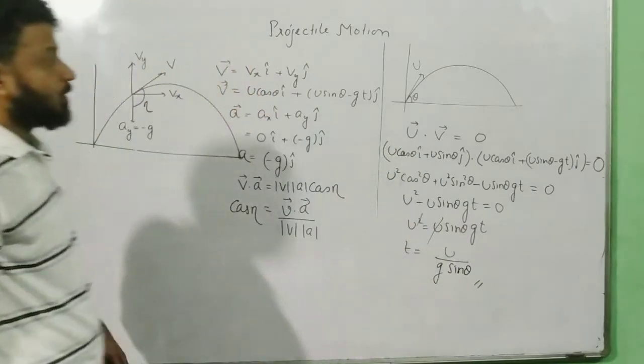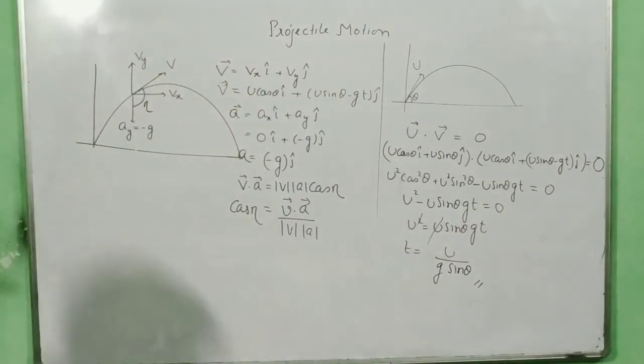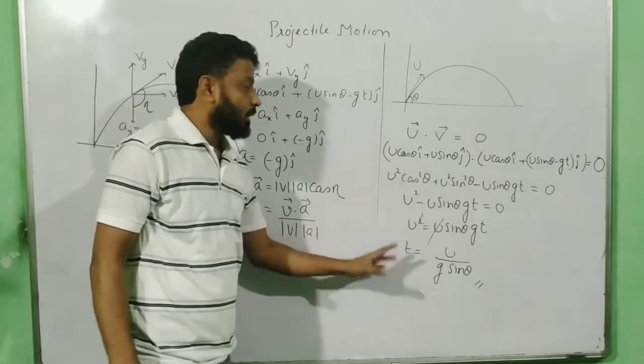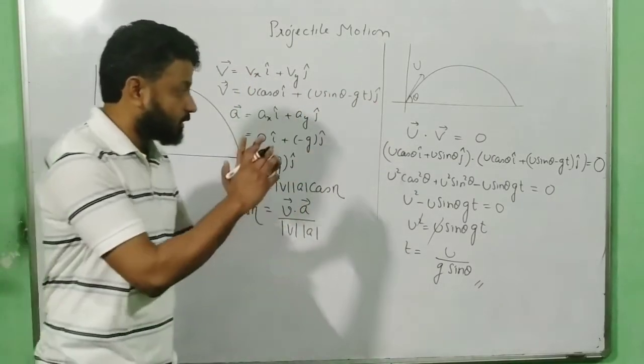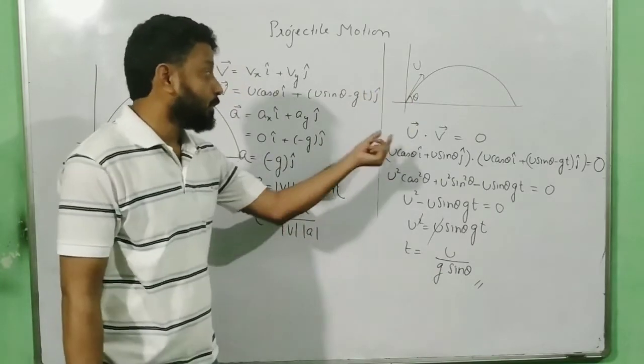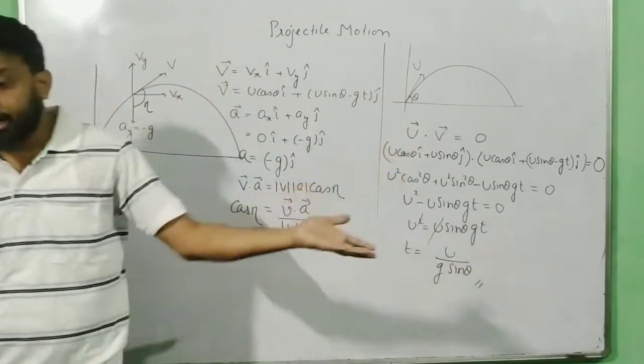So after this much time, the initial velocity and the velocity at that time will make an angle of 90 degrees. See, the concept was not too big. This is the IIT solution for a particular question, but you need to know the idea. What is the idea over here?